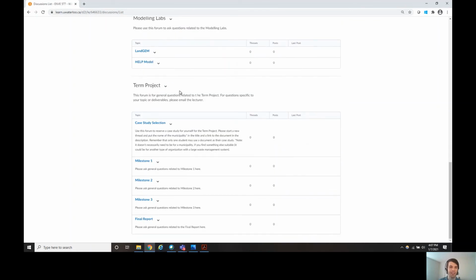And then similarly, there's another section here for the term project. Part of milestone 1 is actually choosing which case study you're going to use. So that's the first forum. And then there's questions about each milestone and the final report if you have those as you work through them. So that's how the course is going to run in a nutshell. You've got the course outline as a reference for all that stuff, and you can always ask us more during office hours or on the forums if you have more